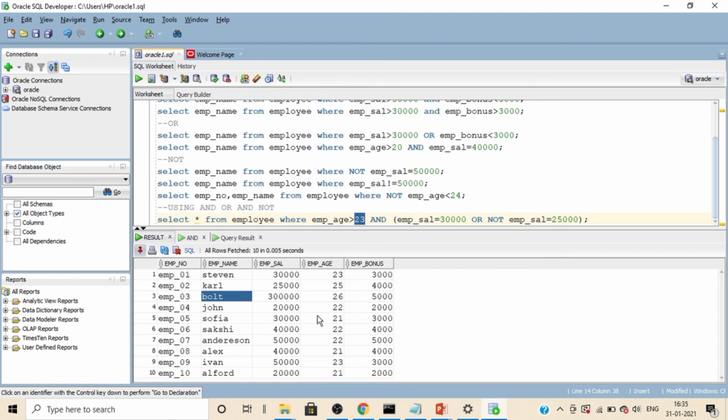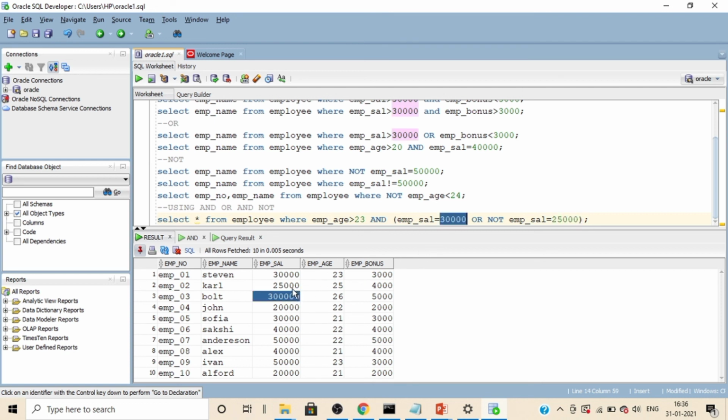Let's go to the result tab. Coming to the first condition, employee age is greater than 23. We are having only two employees who are satisfying this condition, that is Carl and Bolt. Coming to the inner condition, salary equal to 30,000 or salary should not be equal to 25,000.